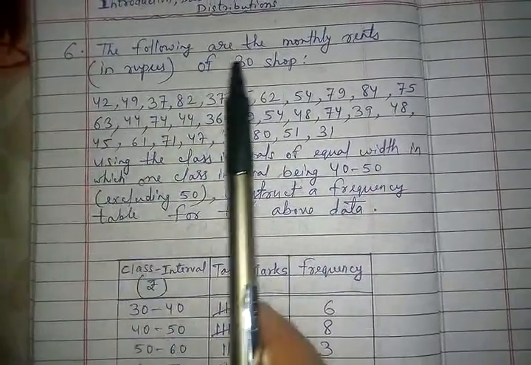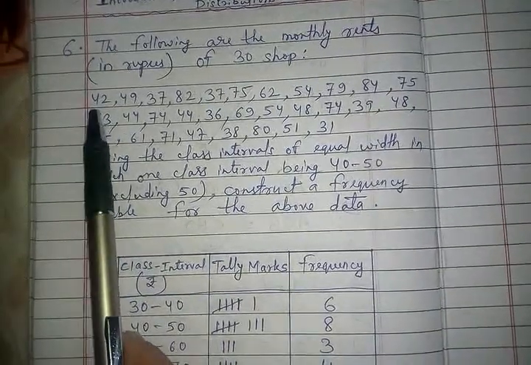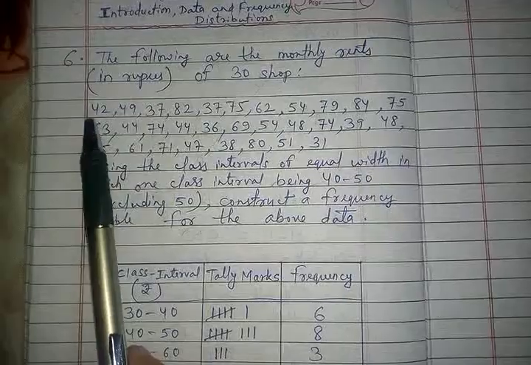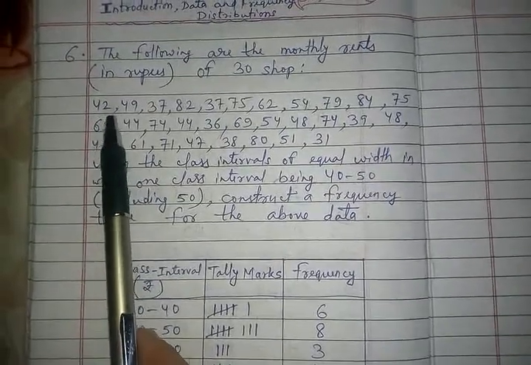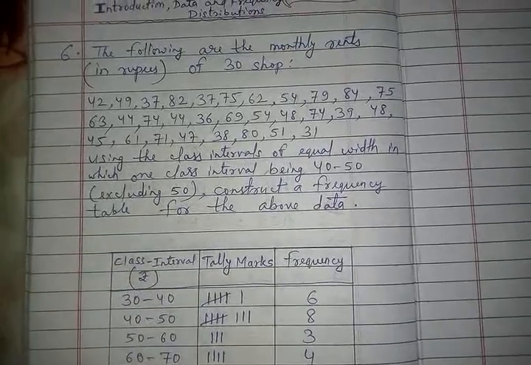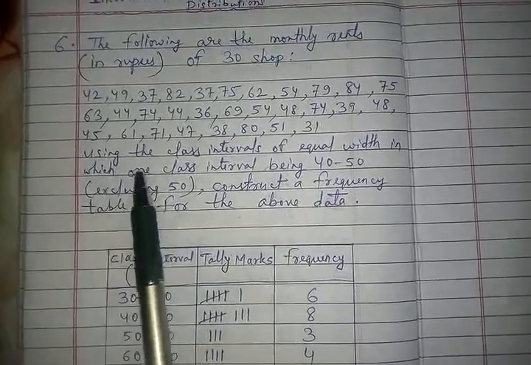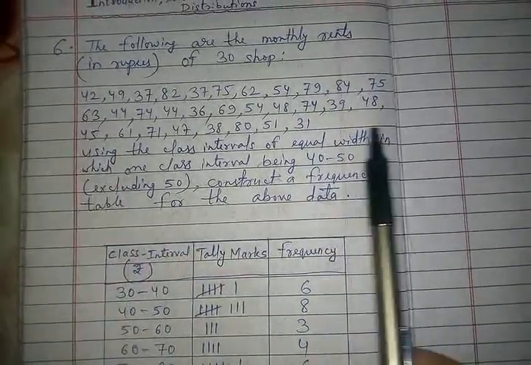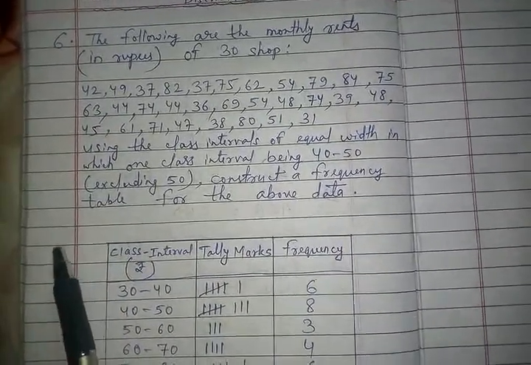But you might be saying that, sir, monthly rent at a very cheaper rate. You have to imagine it. It is an imaginary question. It could have been like 1000, 2000, but they have given in a very low rate. But it can be. So you just imagine it. It's not possible that in such a lower rate you get monthly rent.